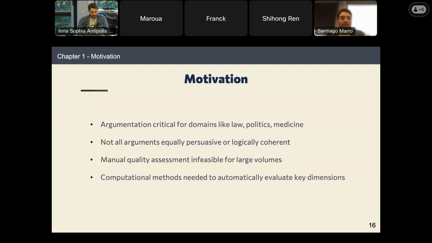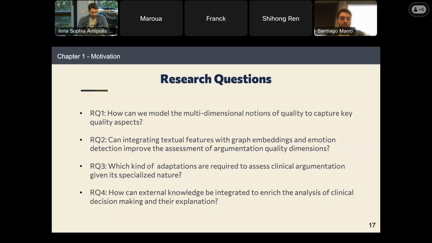So what we want to see is if we can first propose a way to model these multidimensional notions of quality to capture the key quality aspects, which is the first research question of the thesis. Then we want to explore if we can integrate the textual features, meaning the text that we can find in the arguments, with other features such as graph embeddings and emotion detection to improve the assessment of these argumentation quality dimensions.